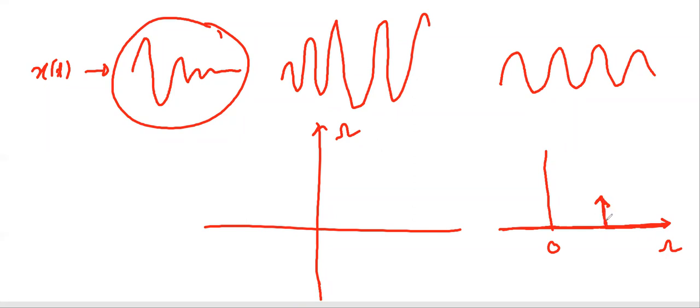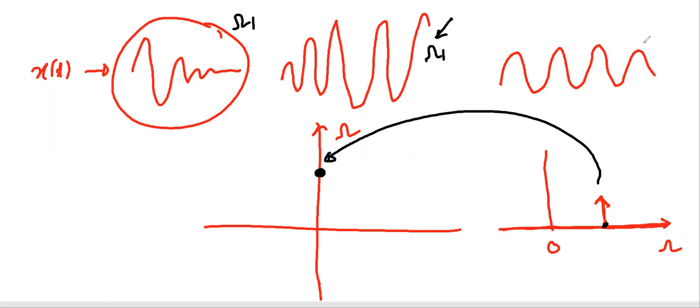Now this value has been represented somewhere else here. By putting a dot, this black one can be represented like here. Let's say the frequency of this one is also the same. Let's say this is the frequency omega 1, this is omega 1, and this is omega 1. But then the problem is that in the continuous time Fourier transform, we can't differentiate between these three from the stability point of view, and that's why